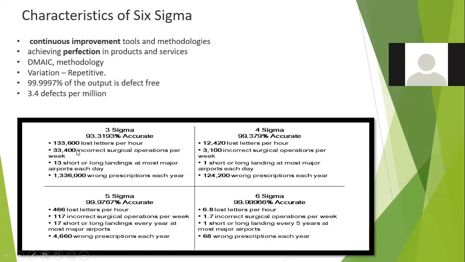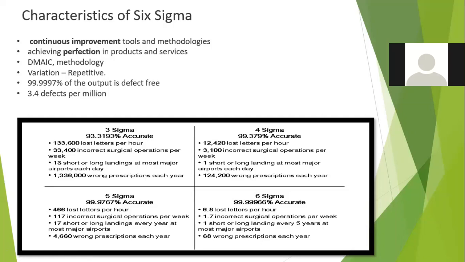So now you can understand, right? Even with 33,000 incorrect ones, it only comes to the 3 sigma level. When it is 1.7, you fall under the 6 sigma level. So 6 sigma is a highly qualified way of working. Okay, that is one thing. If you take your